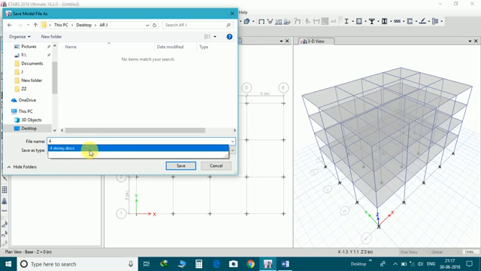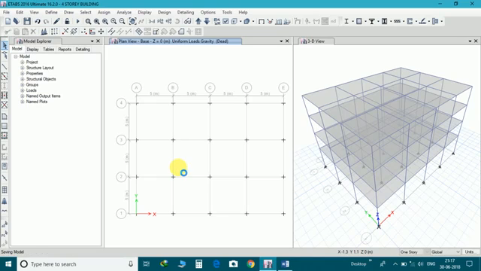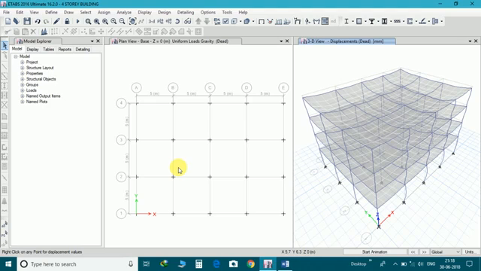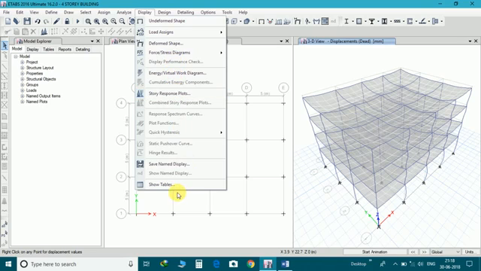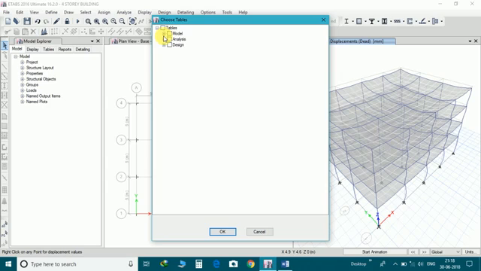Story. After the run, go to display, show tables, model, load, auto seismic.